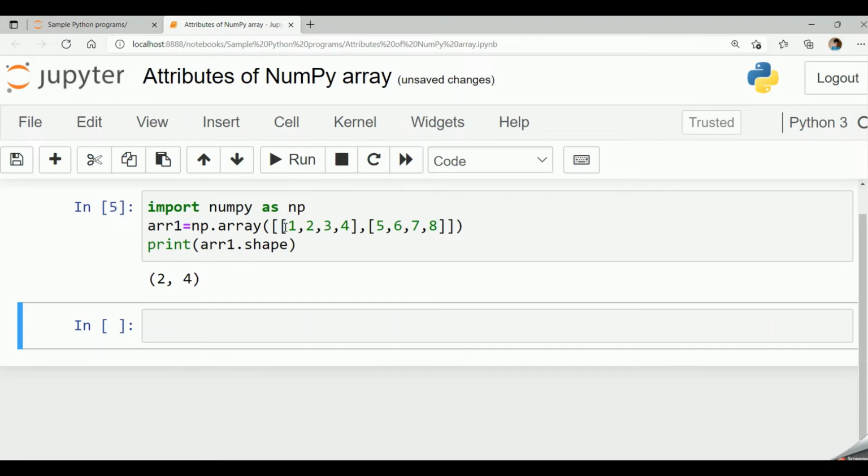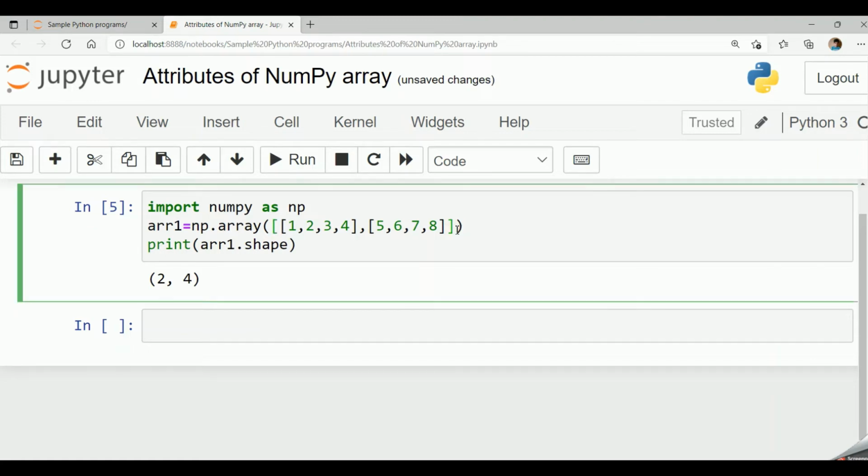Now this is one two-dimensional array. I'll give a comma and consider another two-dimensional array. So this is a three-dimensional array. It has two two-dimensional arrays. So this is one two-dimensional array. This whole is one two-dimensional array, and this whole is another two-dimensional array, and we have to enclose within triple brackets.